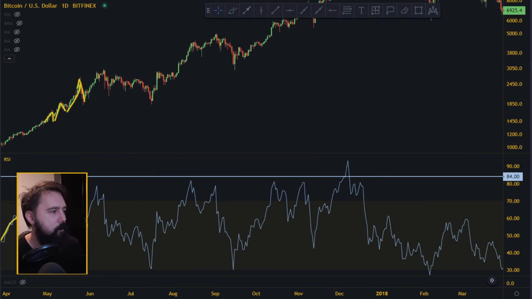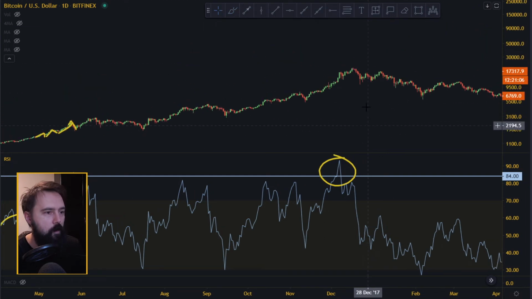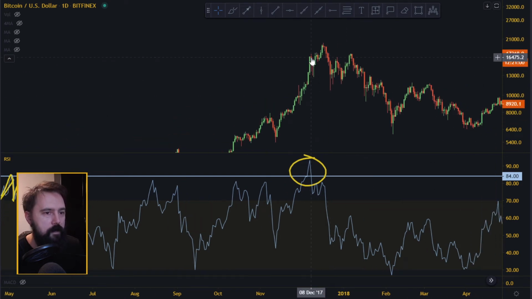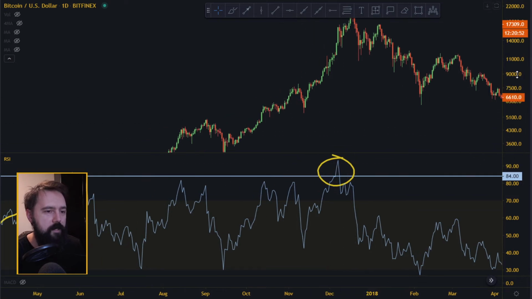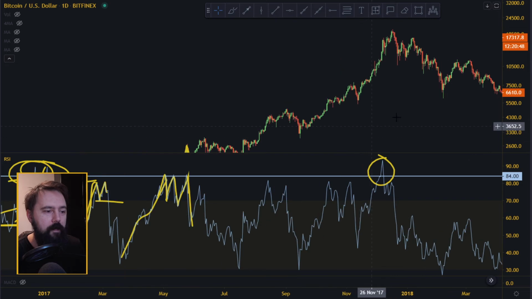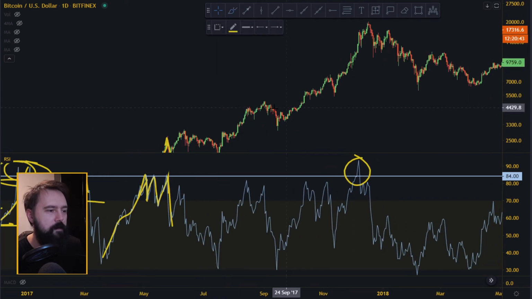This is a big parabolic move, and we're going to see the price up here now. Let's zoom in here. What's this price? This is the top. What's this? The 1640, not actually the top. This is the pre-top on the 2070 bull market. You see how hard the price went up. It went all the way up to 93 on RSI on daily.